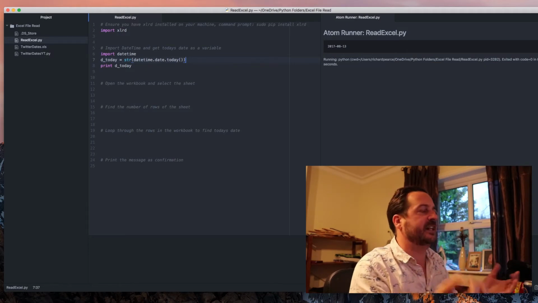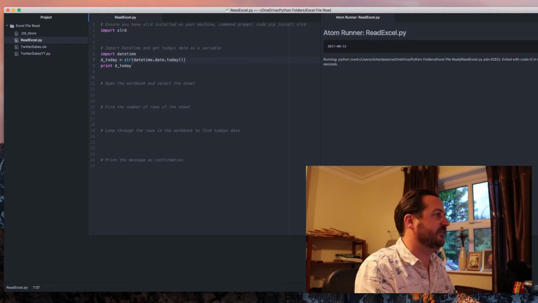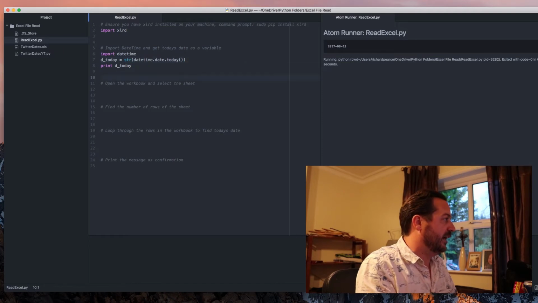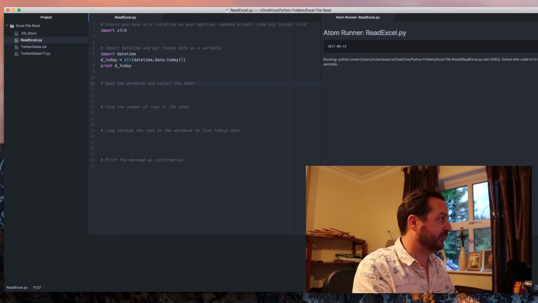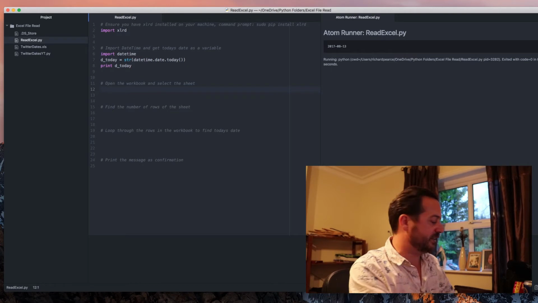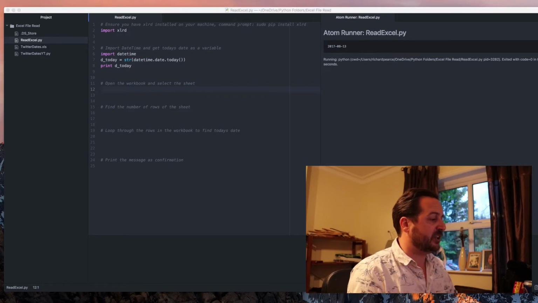2007-8. Python doesn't know what it is, it just knows it as a series of numbers and dashes, and that will help me when I get to the Excel to match up the dates properly. So now I'm going to share the Excel file,